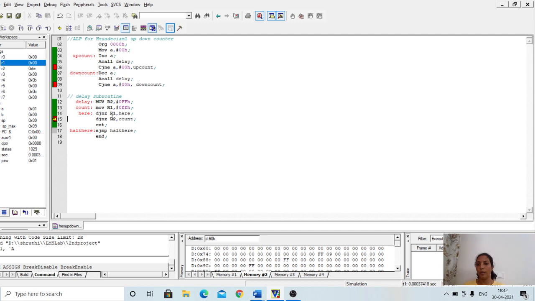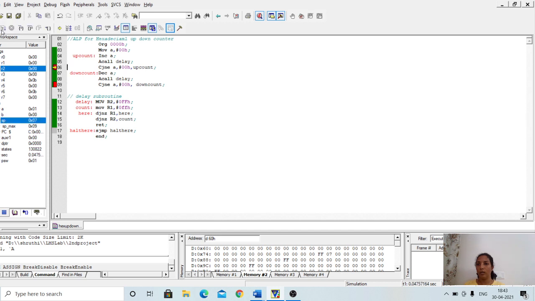This process keeps repeating. Once R2 also becomes 0, it comes out of the loop, and that is the delay subroutine. Once R2 becomes 0, it comes out of the delay subroutine.